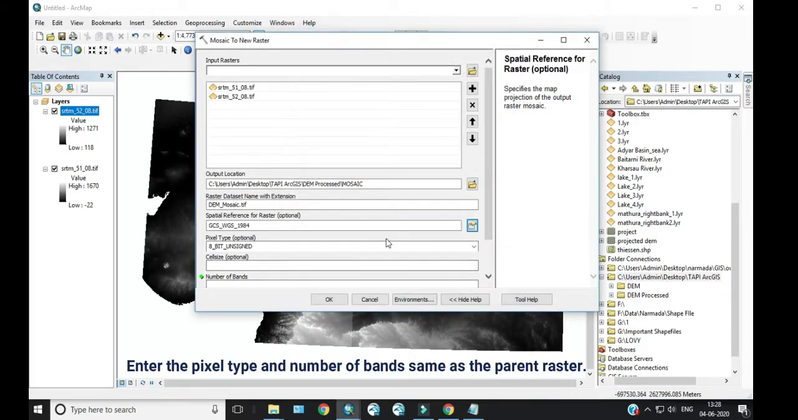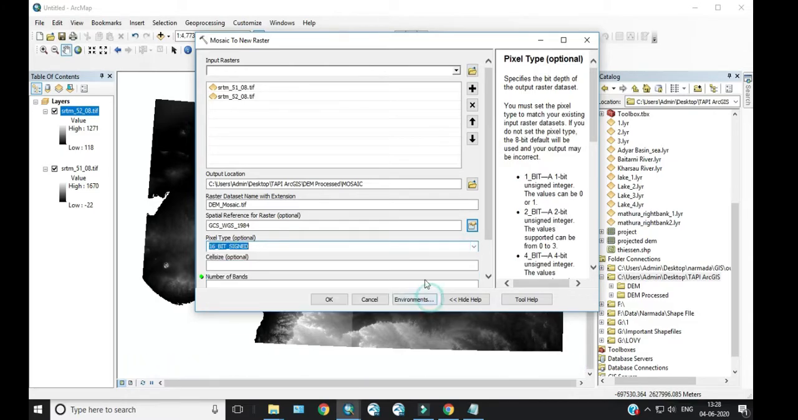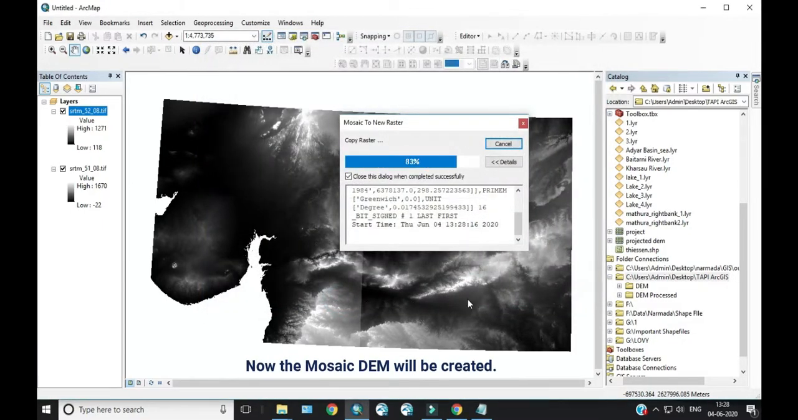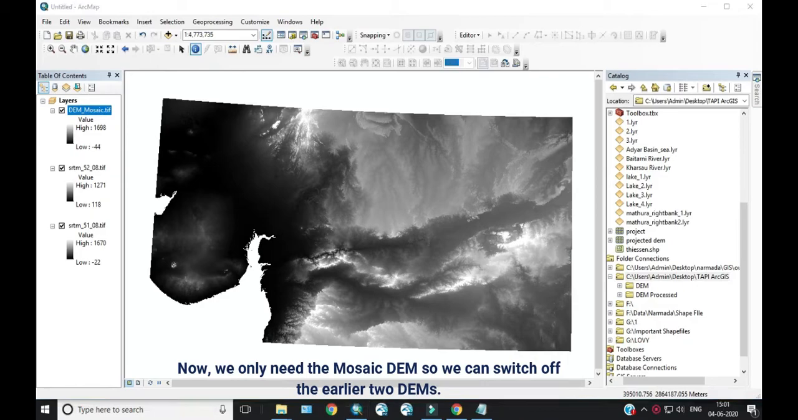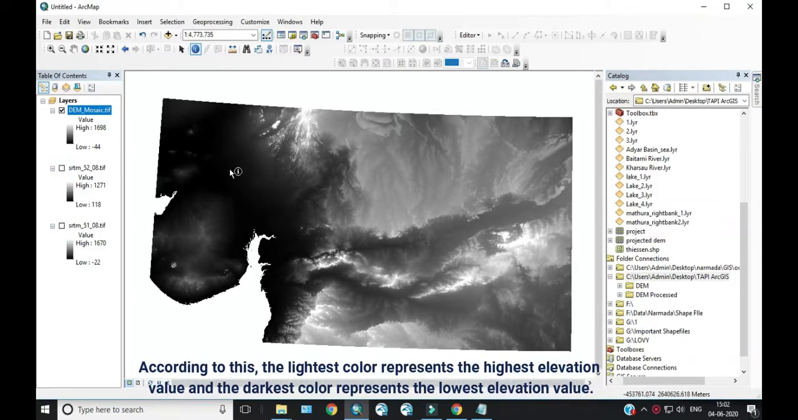Enter the pixel type and number of bands same as the parent raster. Then click on OK. Now the mosaic DEM will be created. Now we only need the mosaic DEM, so we can switch off the earlier two DEMs. Now look here. According to this, the lightest color represents the highest elevation value and the darkest color represents the